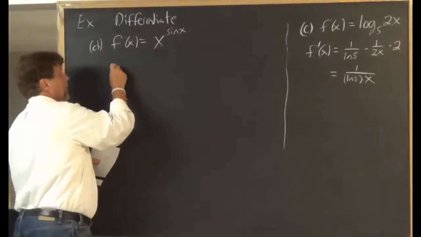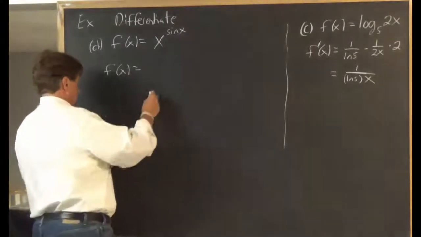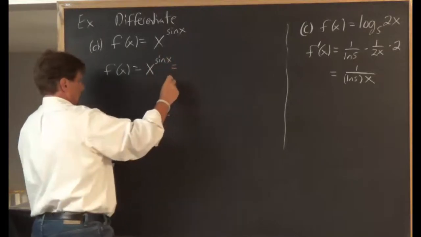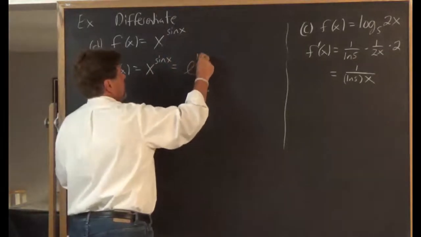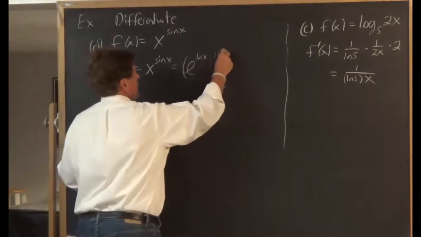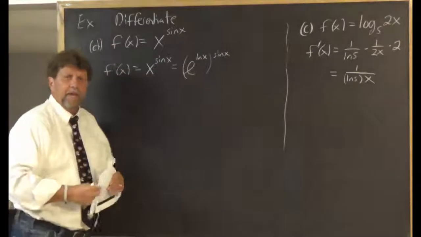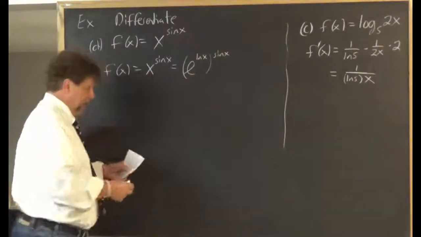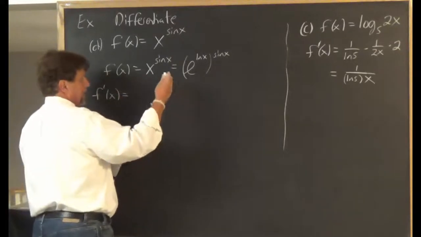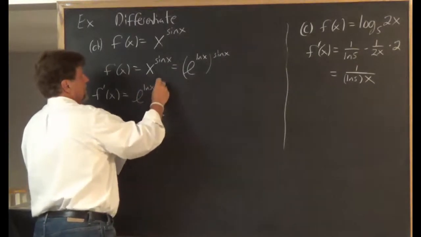And that's we can rewrite x^(sin x) as (e^(ln x))^(sin x), because e to the natural log x is the same thing as x. And then we can get the derivative because we know the derivative of e^(ln x · sin x) is e^(ln x · sin x)